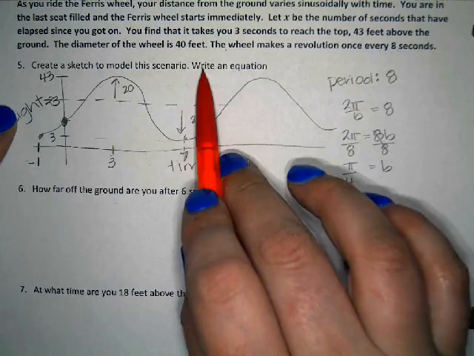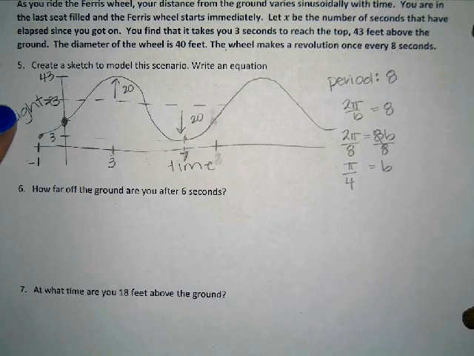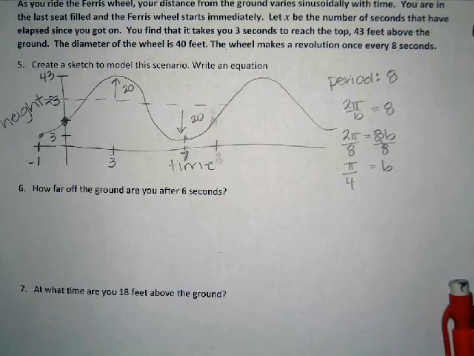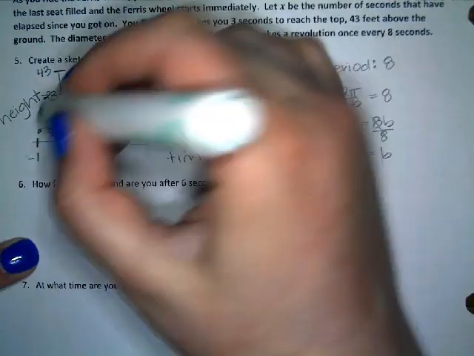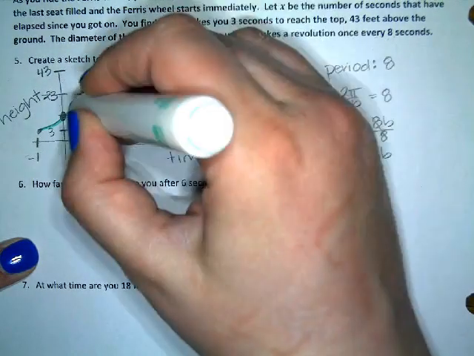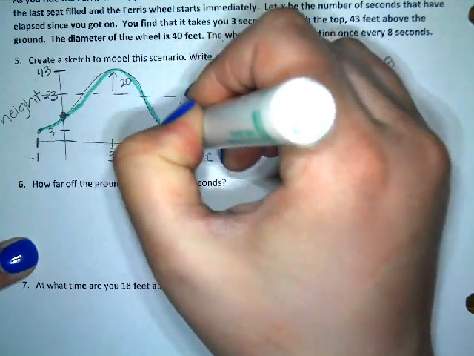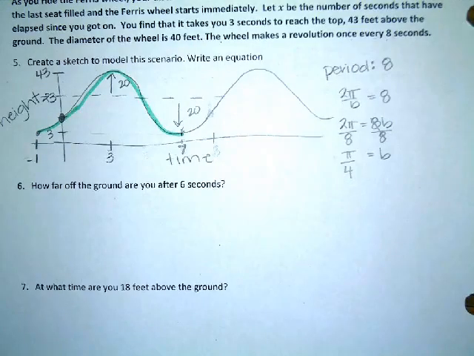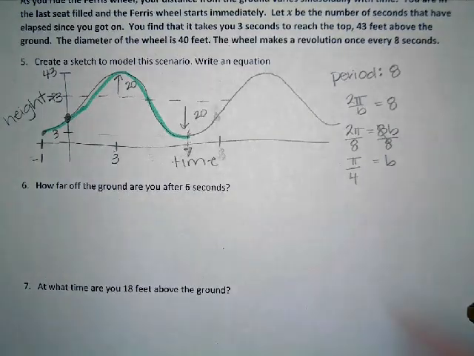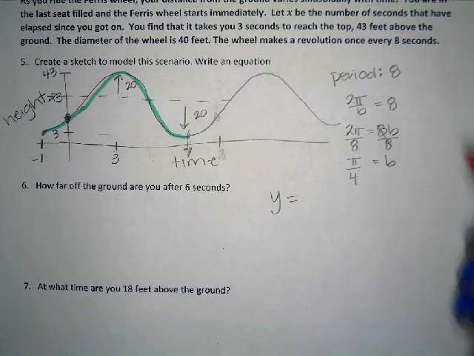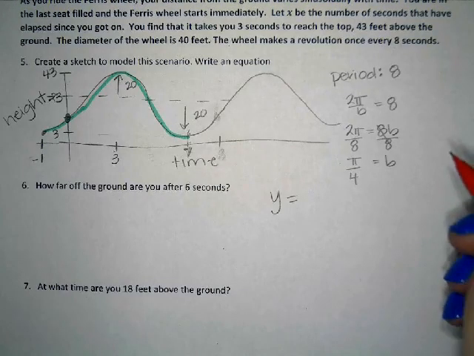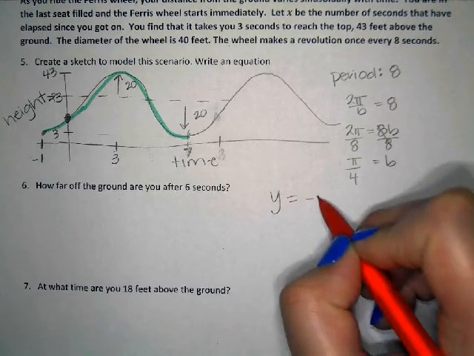I'm going to go ahead and draw the part that we're using. Okay, so our equation is y equals, and then what do we have? Negative 20 cos